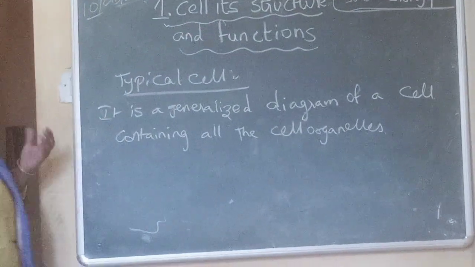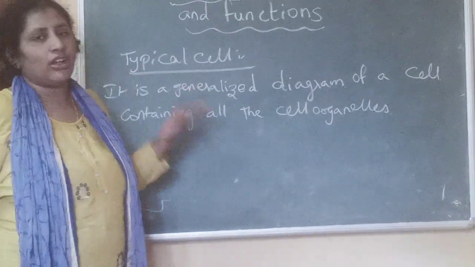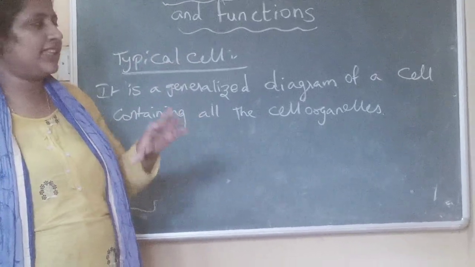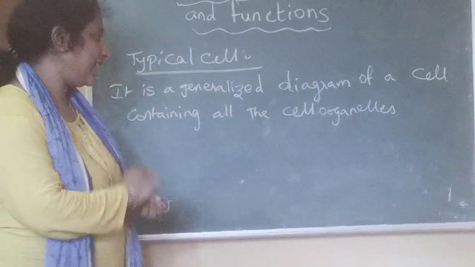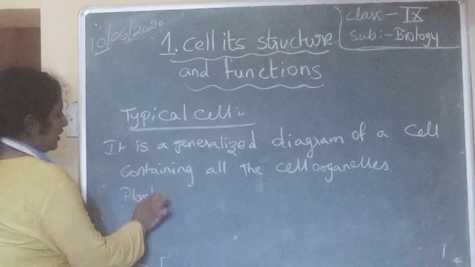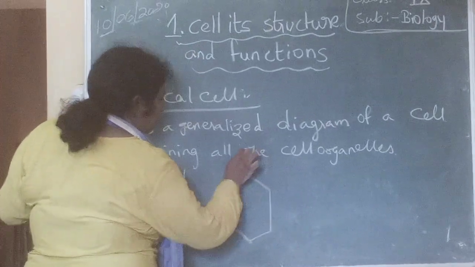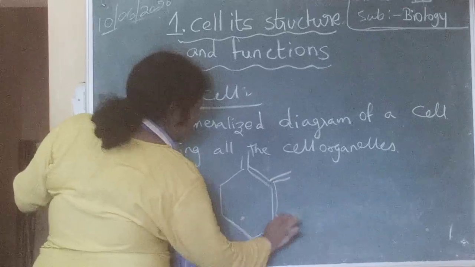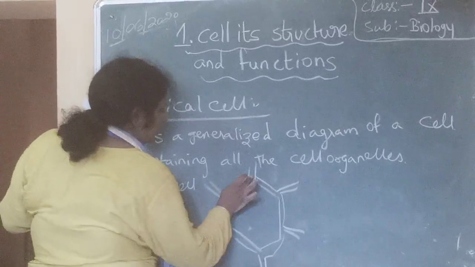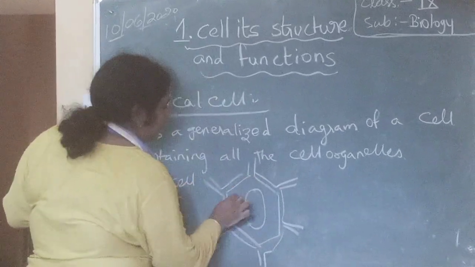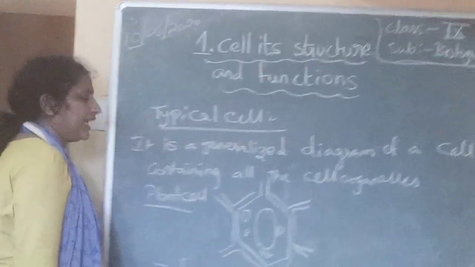So, a typical cell is a generalized diagram of a cell containing all the cell organelles. Means whatever cell organelles are present in that particular organism, all of them are represented in a typical cell. It is a generalized diagram. For example, if you take a plant cell,